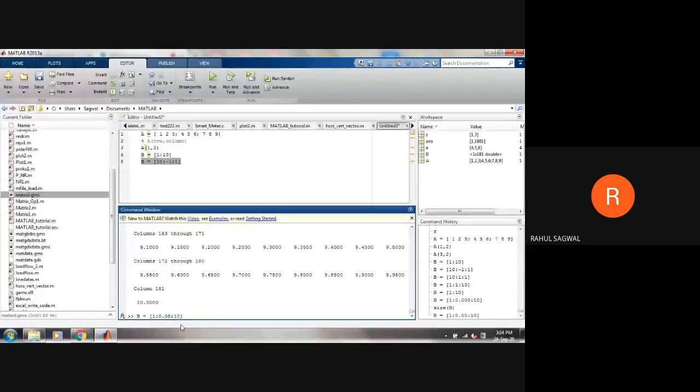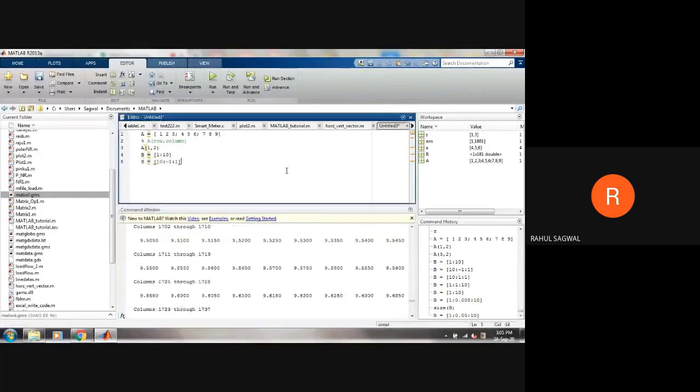Okay. So this is the increment factor or decrement, depending upon the sign which you are going to use, plus sign or negative sign. If you are going to use a plus sign, you can have these values arranged in terms of increment, starting from a smaller value up to a higher value. If you are going to use a negative sign, it starts from a bigger value to a smaller value. Okay,